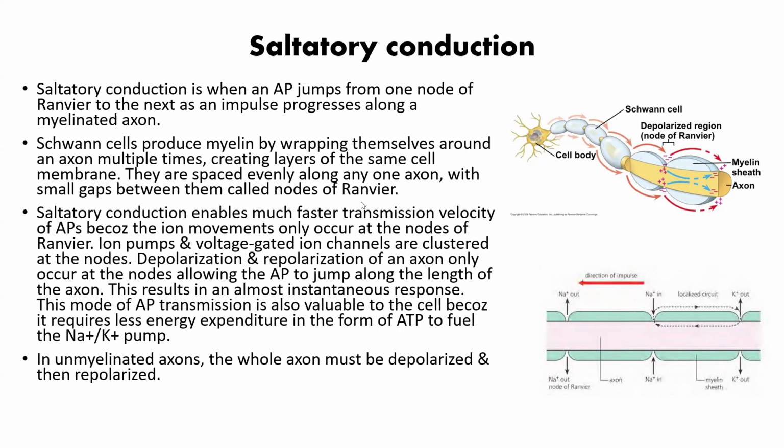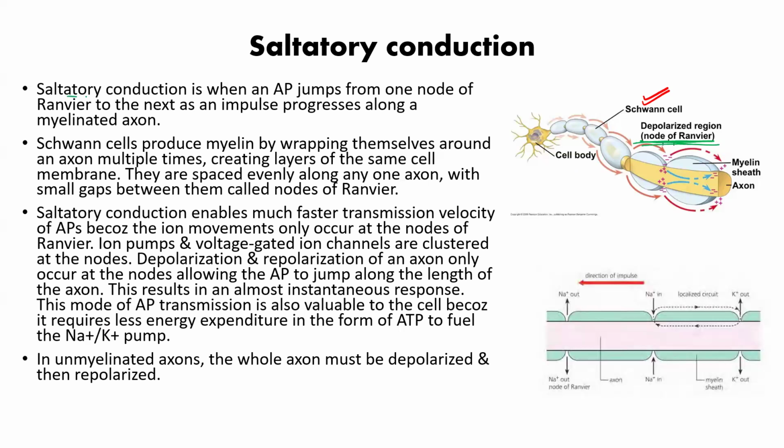In this video, we are going to study saltatory conduction. Now see, you know very well, the axon of the PNS is surrounded by the myelin sheath, which is made by the Schwann cell. The Schwann cells are the ones which make the myelin sheath over the axon, and the part where the myelin sheath is absent is known as the nodes of Ranvier.